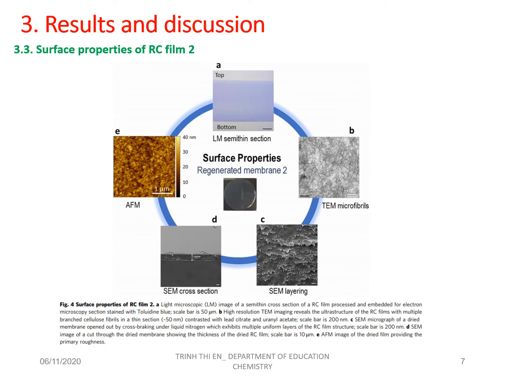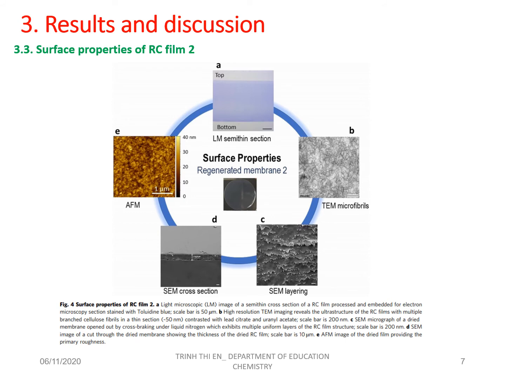And this is a surface property of acid film 2, because film 2 is transparent and smoothy, and we can see here A is light